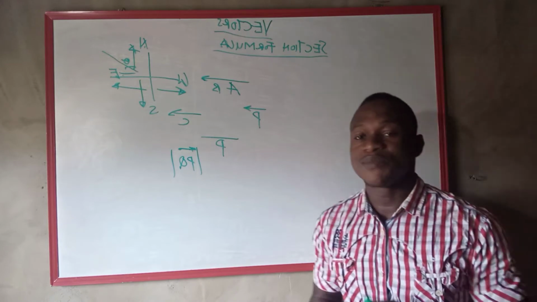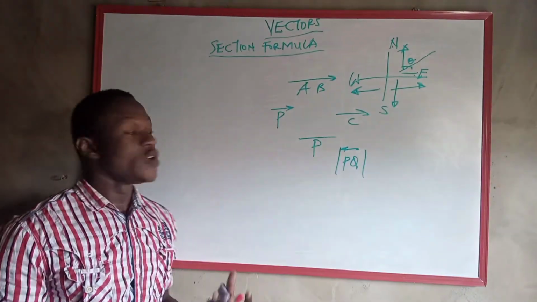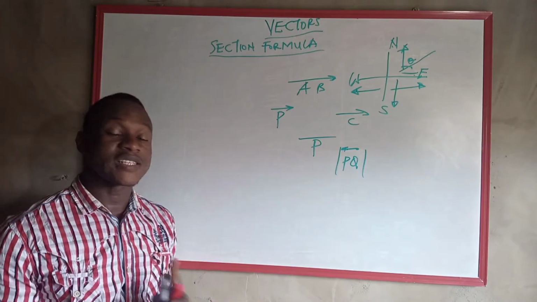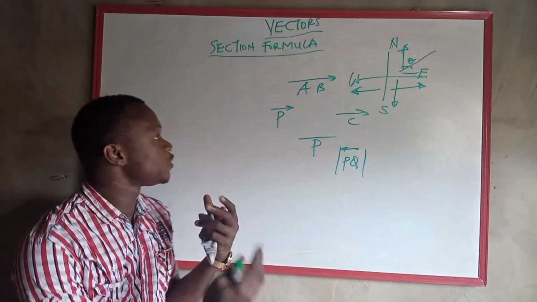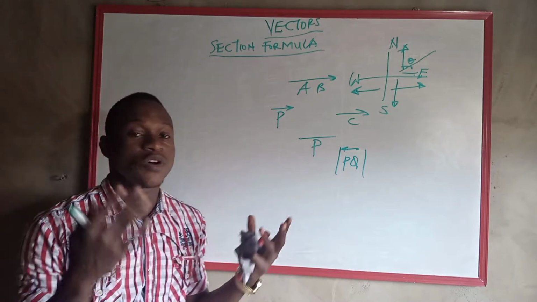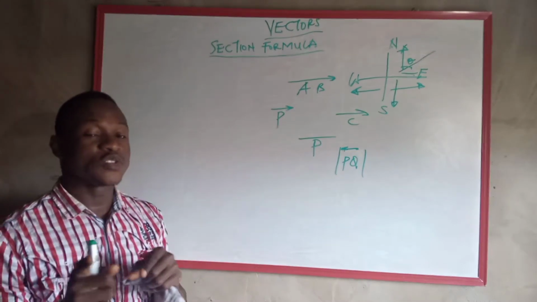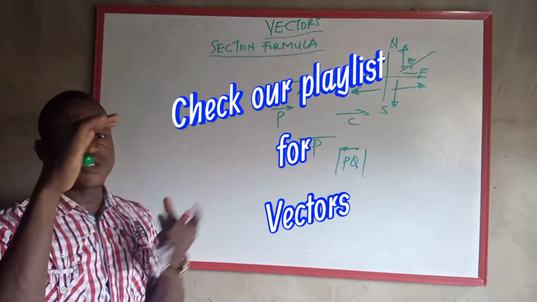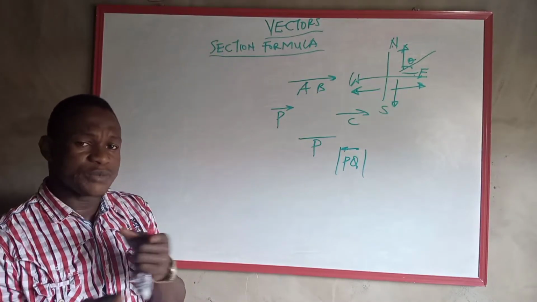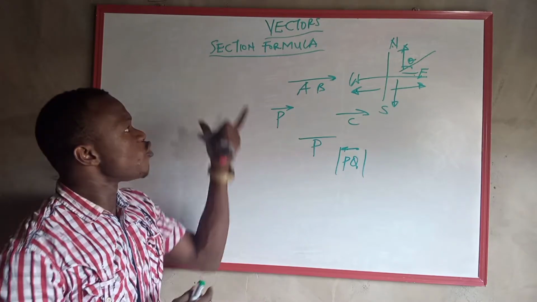Now if you want to understand more about vector quantities, check out our video on vector quantity where we explained what vectors are, what scalars are, and how to identify vectors and the rest of them. So if you don't know how these things are being explained or how they are being calculated, especially addition and subtraction of vector, we did it in that video. So I believe it's something you should check out. Check our playlist on vectors and you'll be able to see the video there, or maybe check the description below if I have put the link for you to be able to understand fully where we started from.